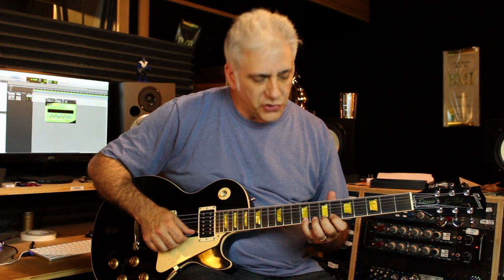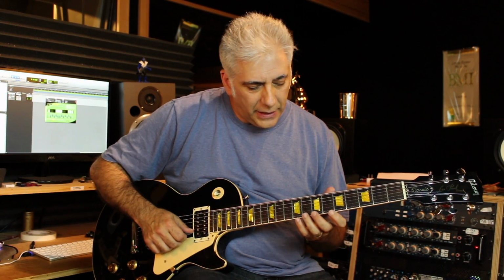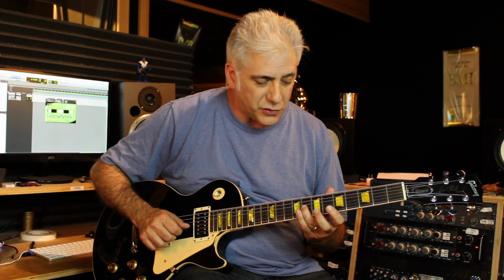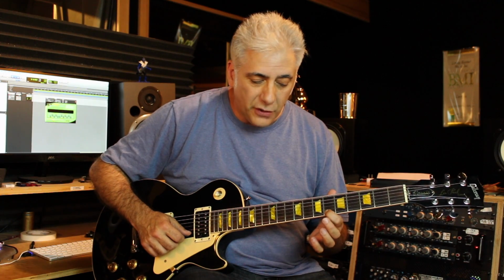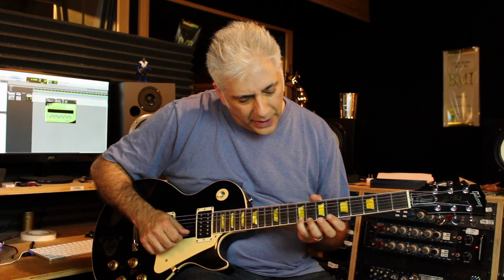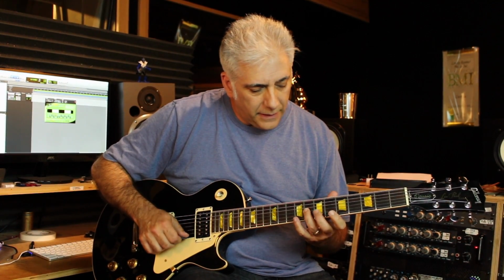So I'm going to take this position here, go over like a B flat 7 chord, and I'm going to play groupings of 5s like this. 1, 2, 3, 4, 5. That's the first one. Then I'm going to go back to the next note in the scale. So I started here at the 8th fret, or the 9th fret, sorry, and I go, and then,